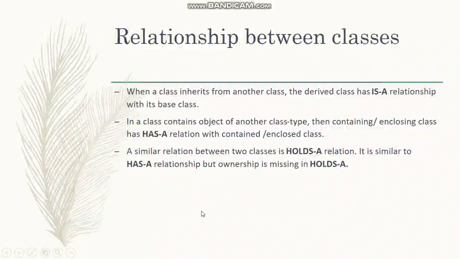So this topic says what the relation is between the base class and the derived class. It is-a, has-a, or holds-a relation between both classes. So it is described with the help of the relation between the classes. So now here we end our chapter number 6, which is inheritance.